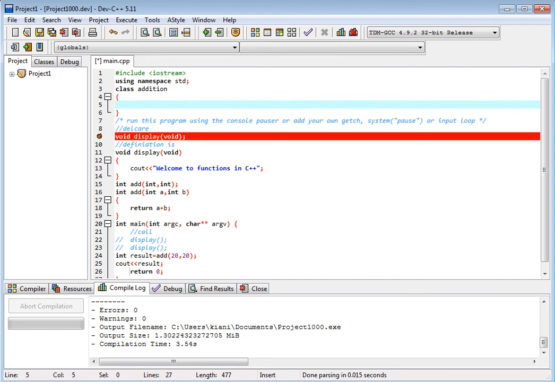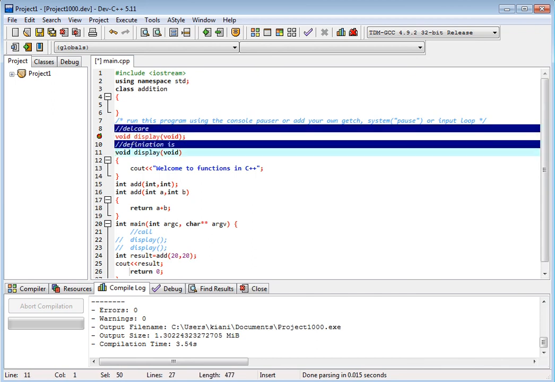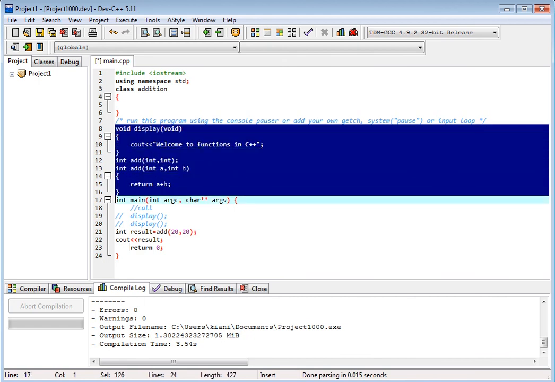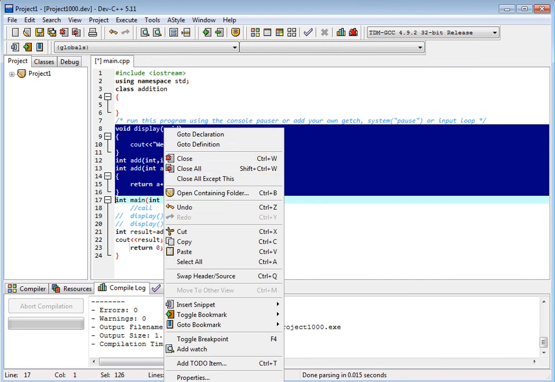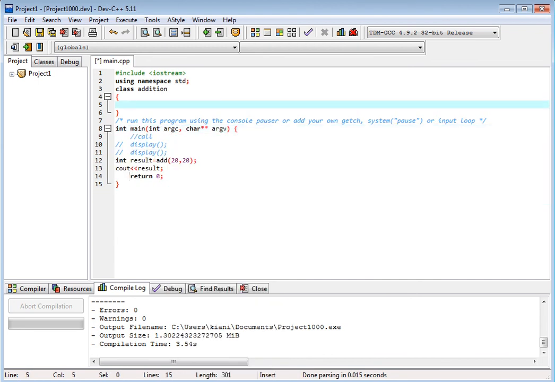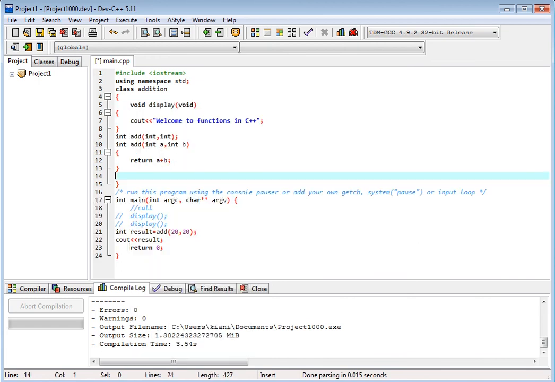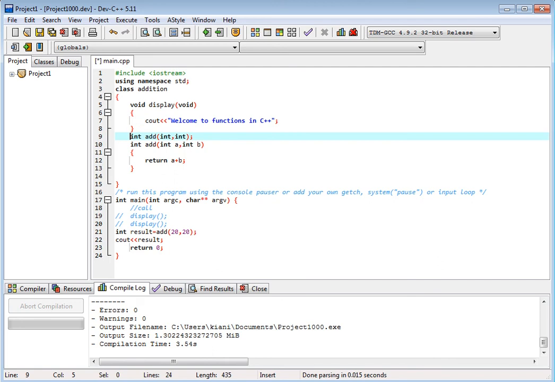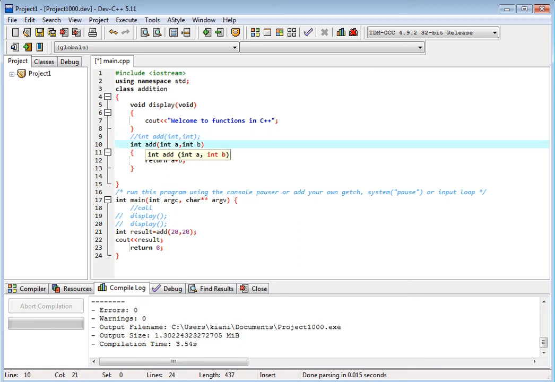We just go here and remove this display, and we copy these two functions, cut this and put inside class, paste. We should indent it. There is no need of declaration here. These two functions are now within the class.